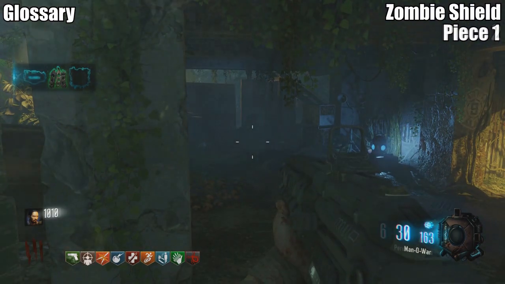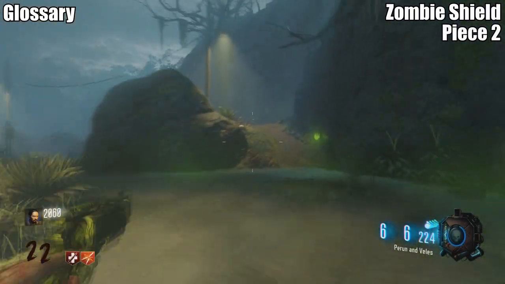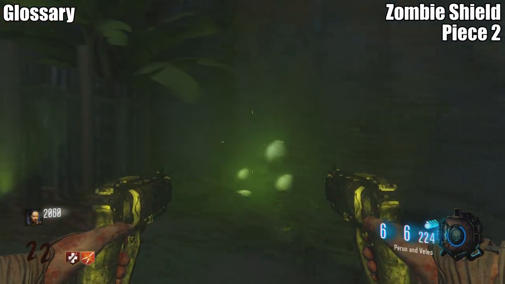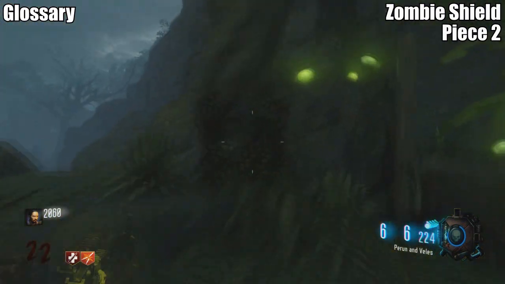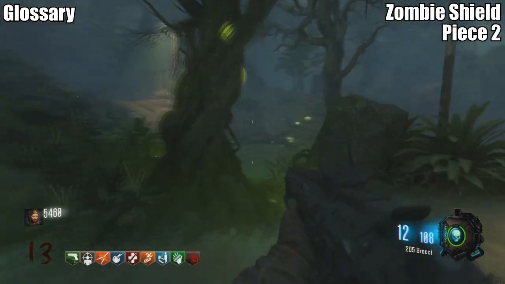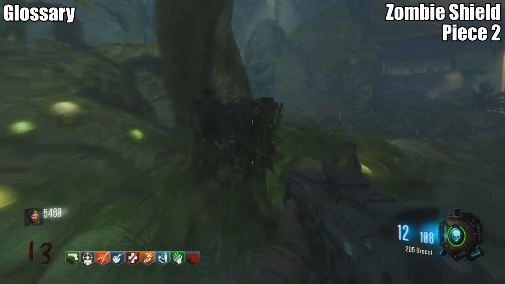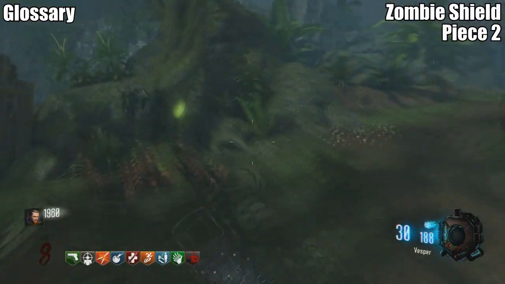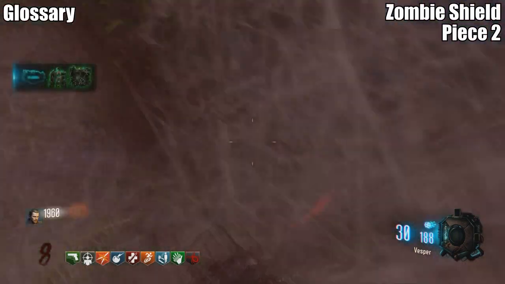So let's move on to the second piece. The second piece is near Lab B, and it's going to be hanging on all the trees that are in there. So the first location is all the way in the corner of the map. It's very tucked away there, you can't really see it well. The second location is a few trees back, you can see it hanging there. And lastly, up on this ridge here, we have the final location,